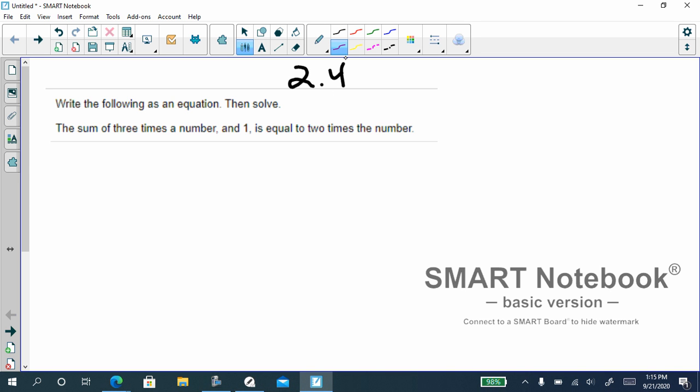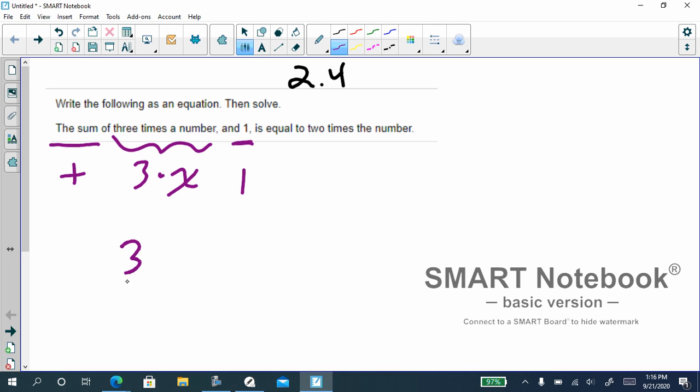Let's work through some examples in 2.4. To begin with, we need to translate this into an equation. It says the sum, so we're going to be adding 3 times a number. Times means multiply, so 3 times a number. We don't know what that number is, so we can use x or any letter to represent that number. And 1. So we're summing